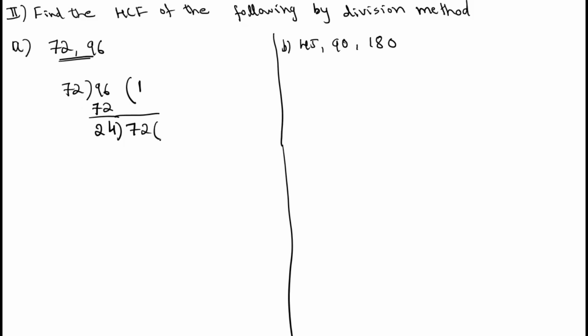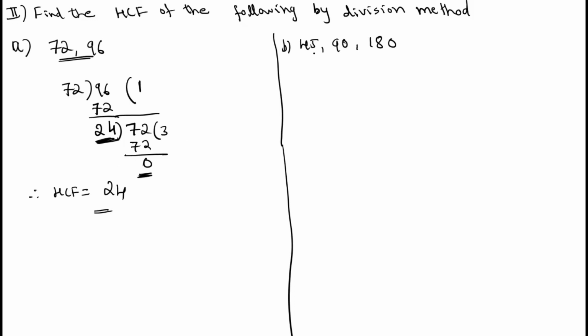Okay, now see, if you take 2, 24 into 2, 4 2s are 8, 2 2s are 4, it's equal to 48. Take 3, 4 3s are 12, 3 2s are 6, it's equal to 72. So you need to take the number 3. So multiply 24 into 3, it's equal to 72. At that time the remainder is equal to 0. So HCF is equal to the last non-zero remainder. What's the last non-zero remainder? It's equal to 24. Therefore the HCF of the given two numbers is equal to 24.